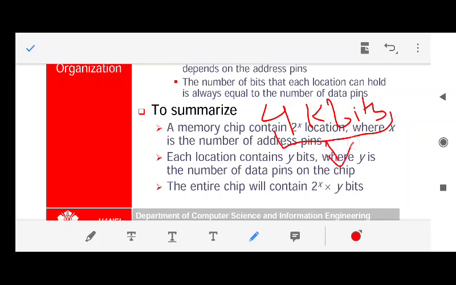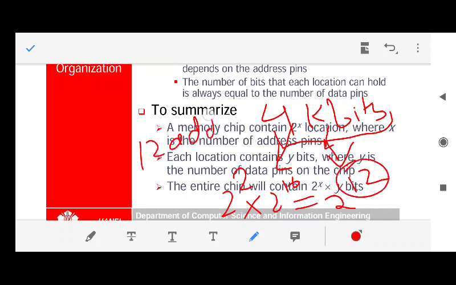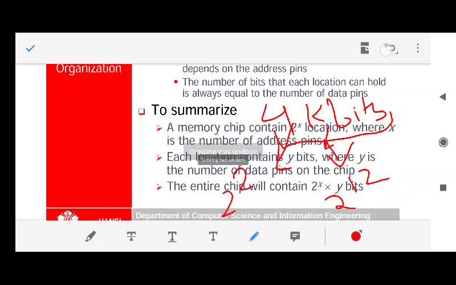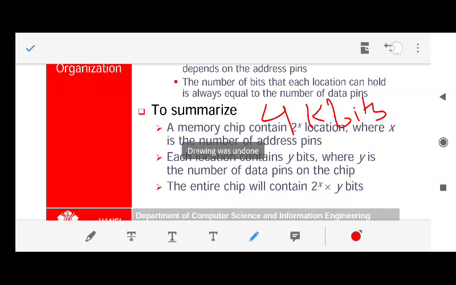So 4 kilobits is 2 to the power 12. How? 4 is 2 to the power 2 and kilo is 2 to the power 10. So by combining it, it is 2 to the power 12. So you need 12 address lines to fetch data from 4 kilobits of memory. Fine. This you all know. So how is the memory arranged? It can be taken from its name itself.